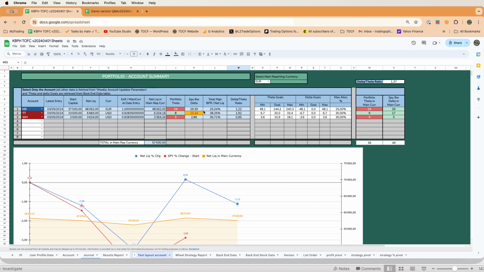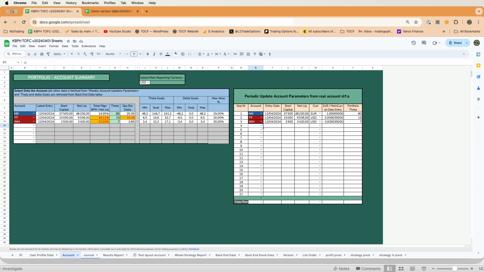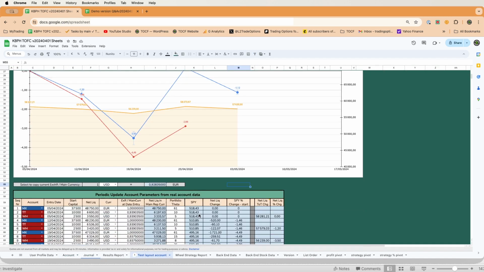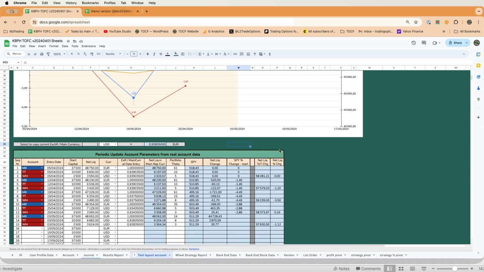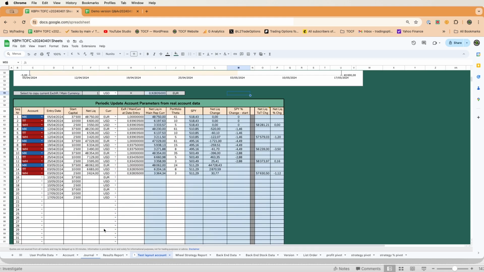Now, the largest change, let's say, in this way of reporting is that I avoid here on the right-hand side the periodic update block, and I've changed that to the part here below with in between, let's say, a graphic representation of how I am doing, and I will show you just that in a minute. I've added here an exchange rate update that I need to copy each time that I'm updating, because for example, like I've